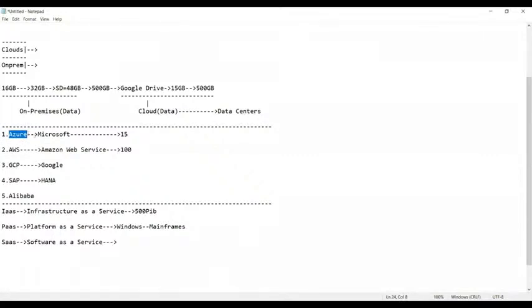Getting my point? Simply, do we need to pay the cost? Pay the cost. Cost is mandatory. So you have to pay the cost for that. And this billing will be done on a monthly basis or hourly basis, weekly basis, daily basis, based on your comfort. So that means you pay more, you get more services. You pay less, you will get the basic services. That's the only concept.